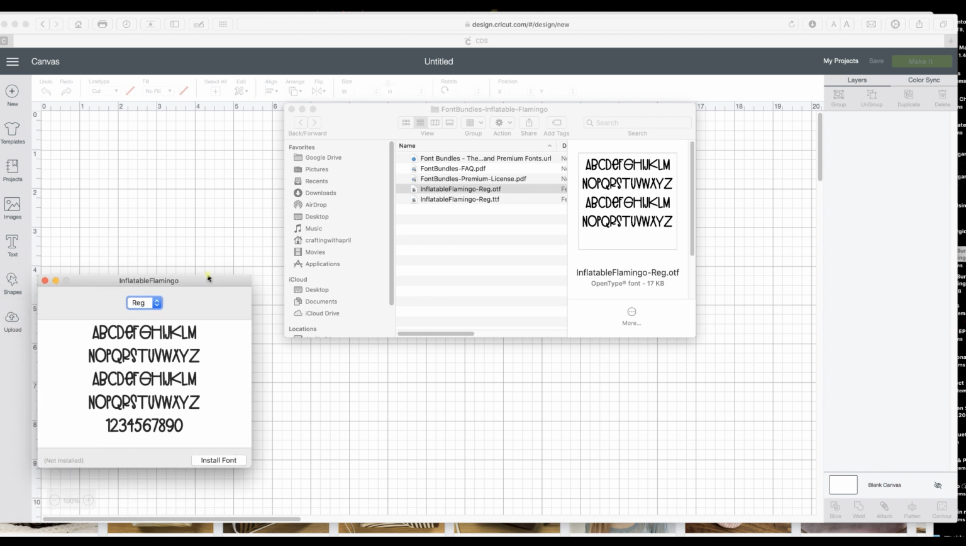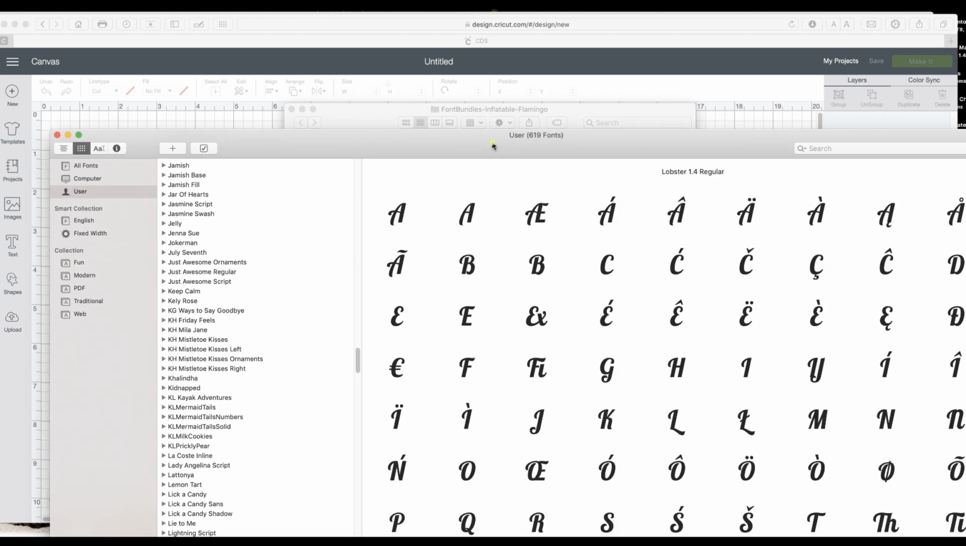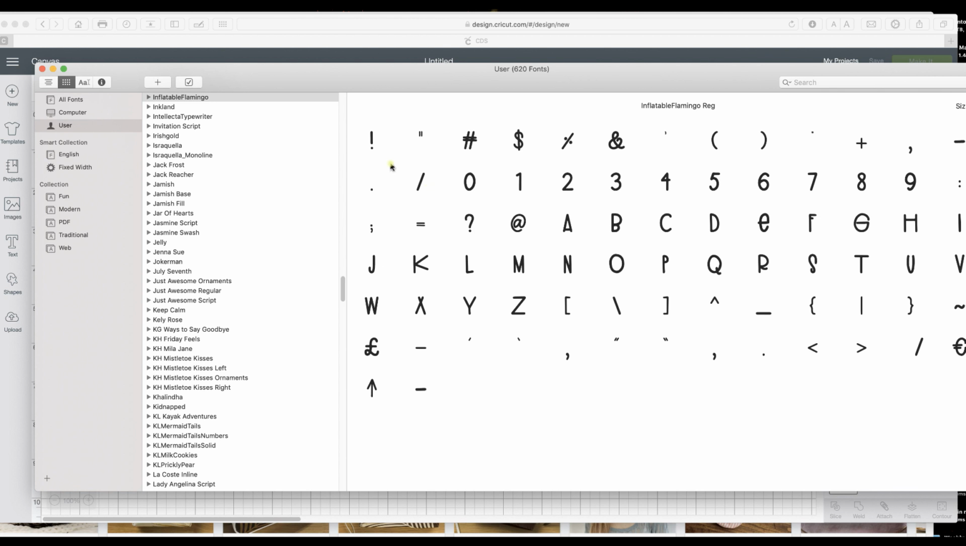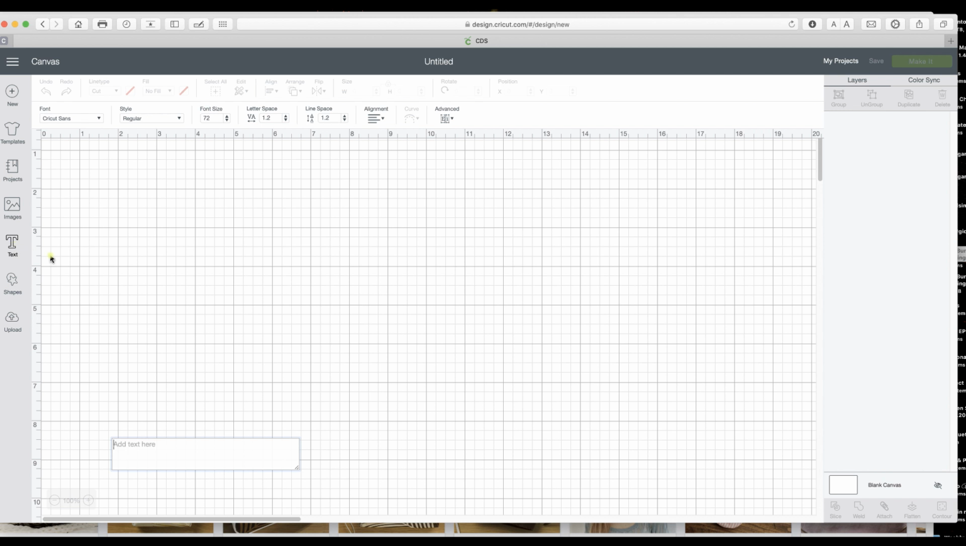And on a Mac, this box pops up when I double click it right here. And I'm going to install that font. Then my Font Book opens up, and there it is right here. It's installed. It's on my system. I can close that. I can close that. I'm done. So I'm going to come over here to Design Space and type in